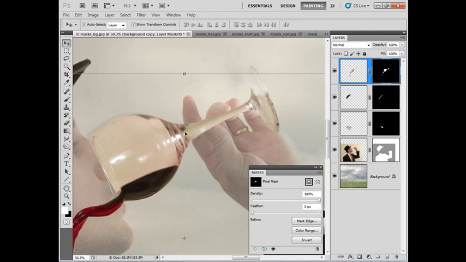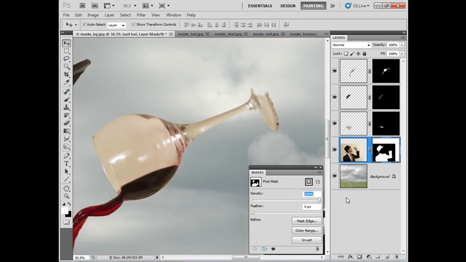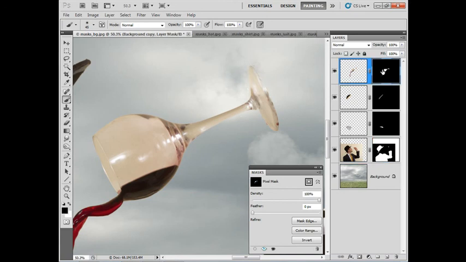Then I can use my suit layer here to add in this bit of glass. So let's click on my layer mask thumbnail here of my suit layer, then bring the density back up to 100%. Then I can grab the brush tool with white as my foreground colour and paint with white to reveal parts of that suit layer where we have the intact piece of glass there. Let's hit X to flip back to black and hide that background. And there we go. And I think if we click back on our wine glass layer mask here, let's grab the brush tool and use black just to